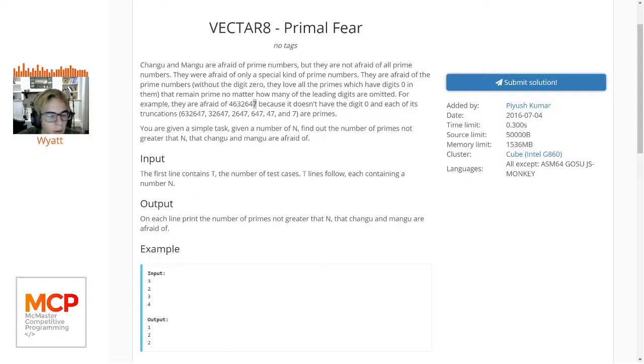Oh, actually, that's not bad. I've got a method. Let's code it up. But first, we check prime, right? So if p at x is true, then it's not prime. Then we want to bail and say, yeah, it's bad. Otherwise, we have to truncate from the left. And I think the easiest way of doing this, I want to say,